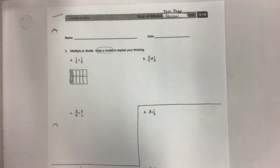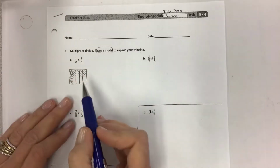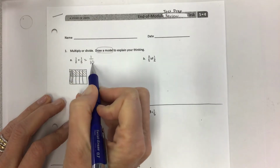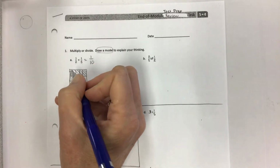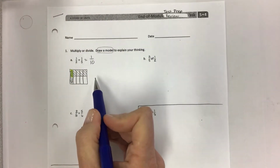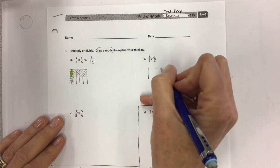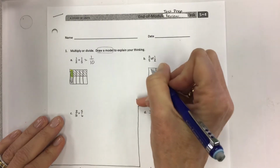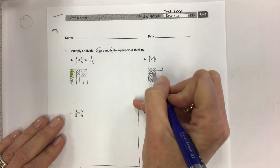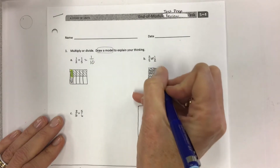So this is going to be that crisscrossing method where you can shade the opposite way. You can shade either the top or the bottom, but the answer is going to be 1 times 1 is 1, 2 times 5 is 10. This piece here is technically where you can identify the answer. And so the next one, we have 2/5 of 1/2. So again, you want to show the half. And then 2/5. So we need fifths, 1, 2, 3, 4, 5 sections, and we need 2 of them shaded